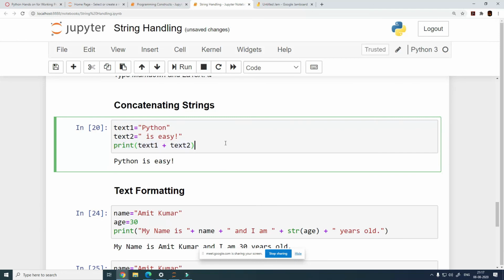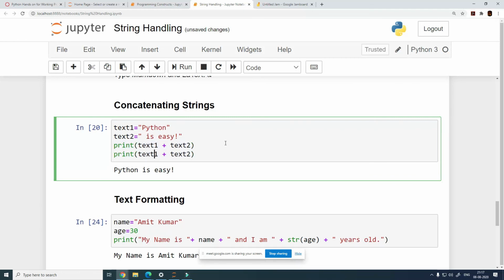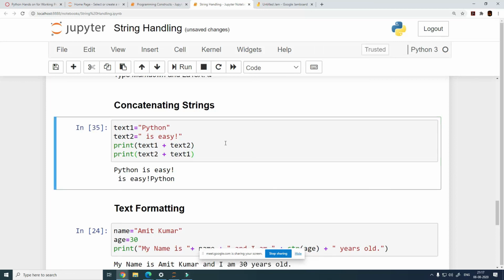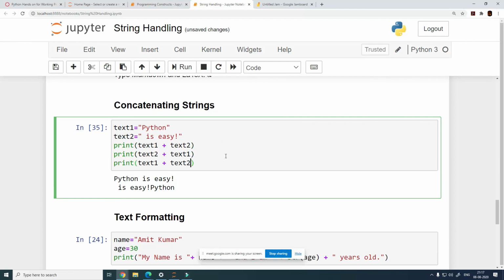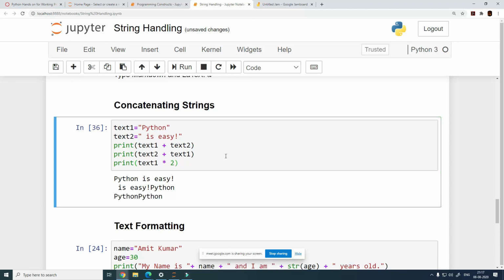You can do the opposite as well, so we can do text2 plus text1. That is also possible. A few other things that you can do: see what is happening. We can also specify a multiplication operation here, and when we do that, see what is happening. It is actually duplicating it 2 times.